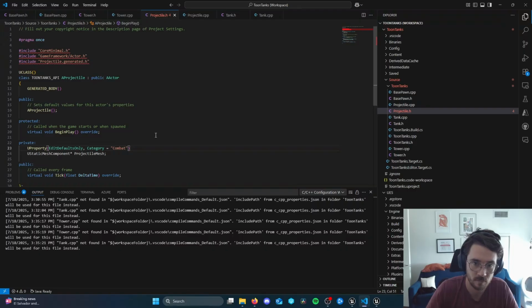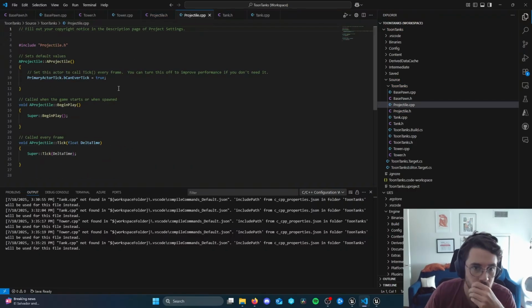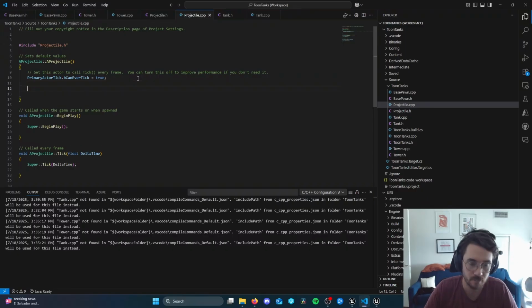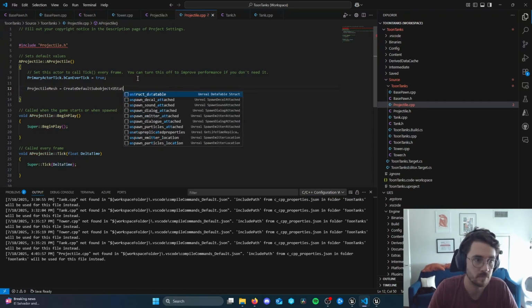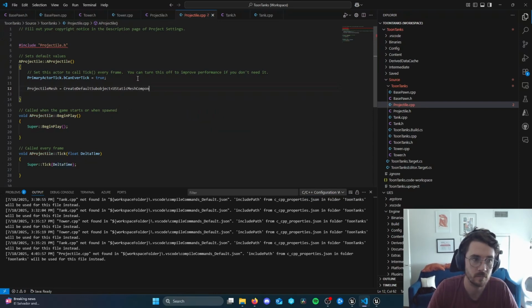Now we need to construct this. So let's go into projectile.cpp into the constructor and say ProjectileMesh. And we're going to call CreateDefaultSubobject using UStaticMeshComponent. And for the text, I'm just going to say ProjectileMesh. And finally, we need to set this to be the root component. So I'm going to say RootComponent equals ProjectileMesh. And I'm going to spell it correctly there. Okay, so that takes care of the